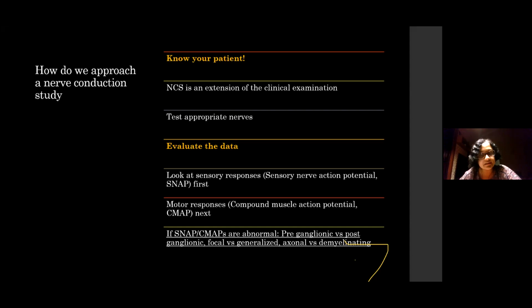But remember, all the technicians and all of us who do nerve conduction studies do the motors first and then the sensories, because the motors are robust responses. They're easier to get, and there are fewer technical issues with motor responses. Well, SNAPs are more difficult to get. So there's always that thing where we do the CMAPs first and then the SNAPs, but ideally interpret it the other way around. Okay, so once you've looked at your data and you've seen that the SNAP and CMAPs are